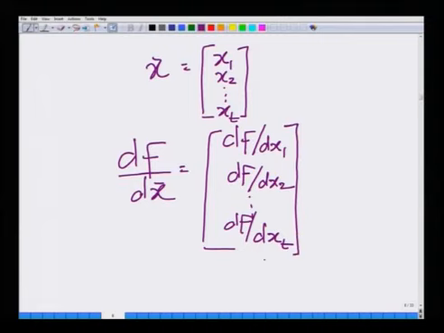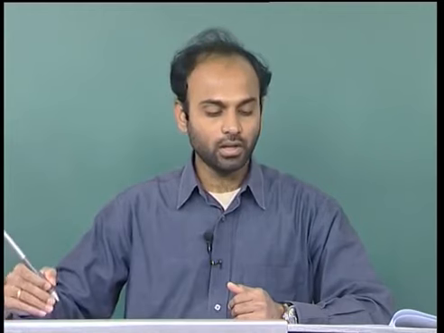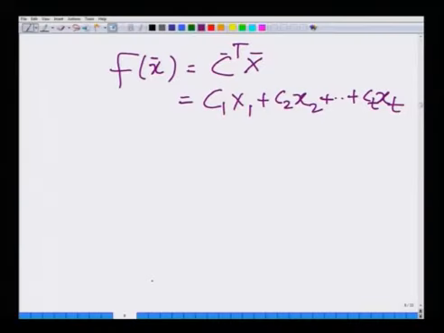All right. So, I am differentiating the vector with respect to each of its components. If I have a t-dimensional vector and there is a function of that vector, the derivative of the function with respect to the vector is nothing but df by dx1, df by dx2, and so on, up to df by dxt, that is, the derivative with respect to each of the t components.